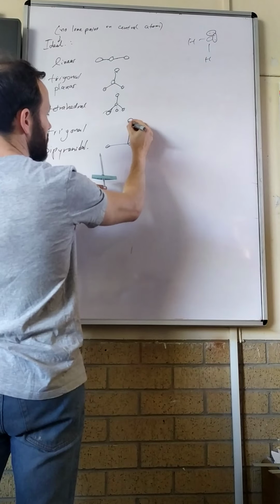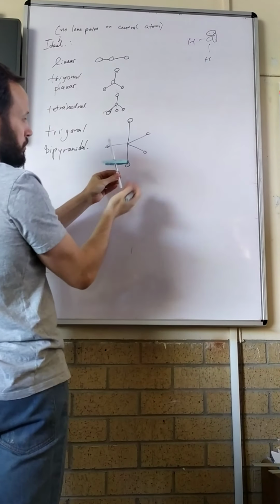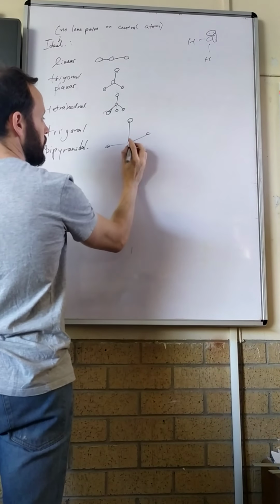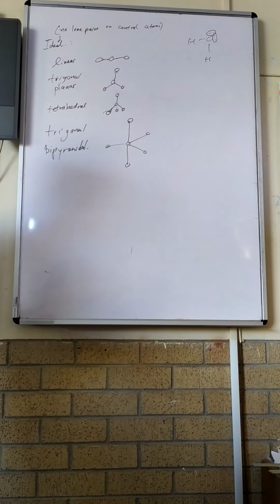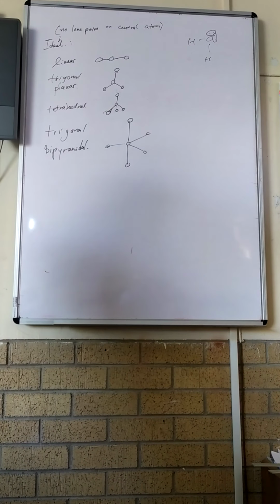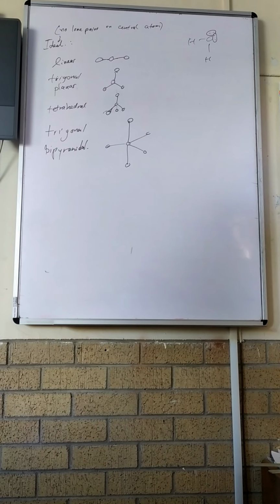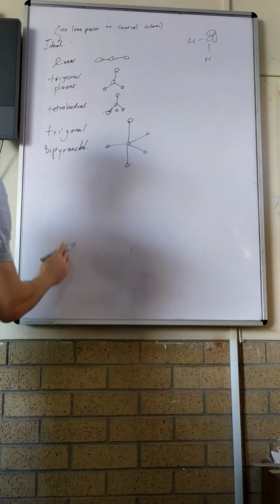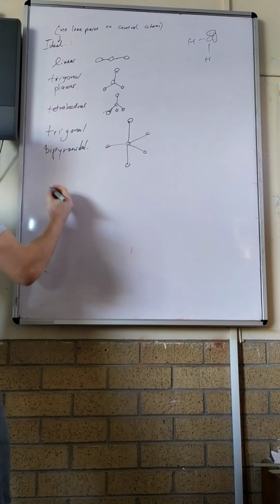Then you've got one coming up, one coming down. That's my pen with the two, and you've got one in the middle, the central atom. Cool. Pretty straightforward. And then the last one is